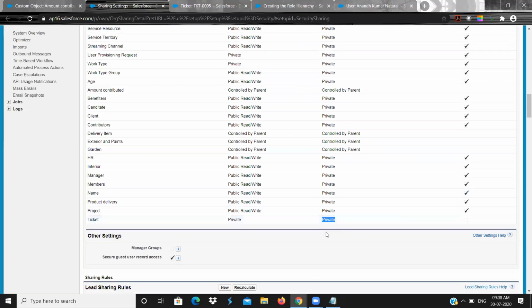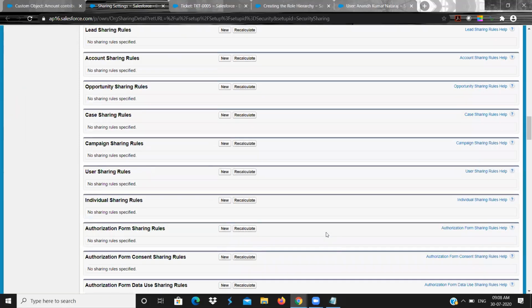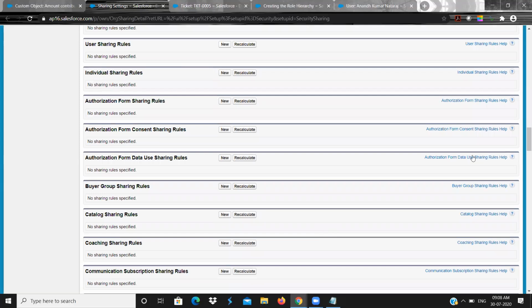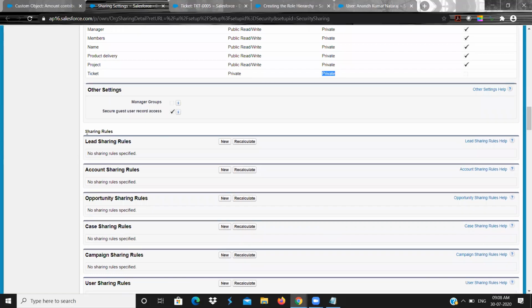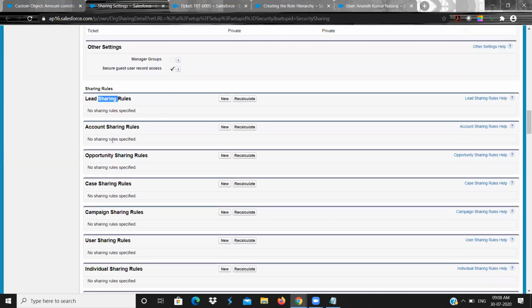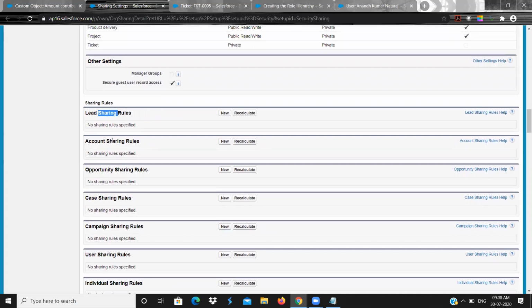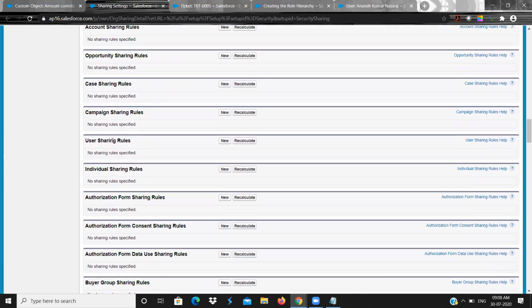Apart from that, we have something called sharing setting. This is called the sharing setting. See, for all the objects, you will be having this sharing rule. This is called sharing rule or criteria based sharing rule, by any names they will call, because based on some condition I wanted to share the record, that is the concept, right?